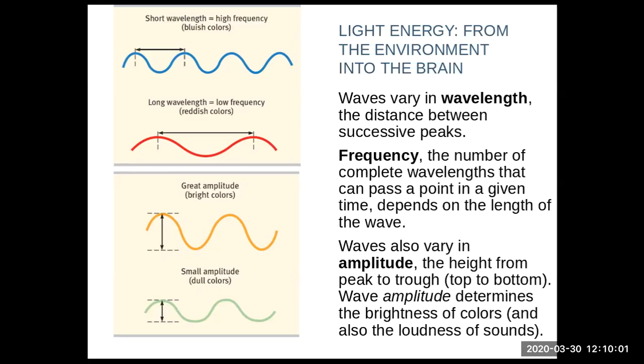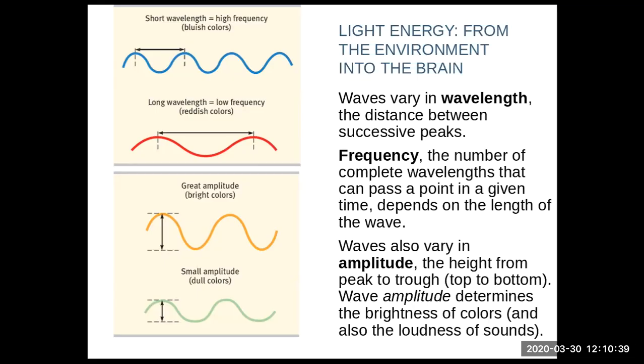So again, if we were to do this for the auditory system, what we see is that the blue would be faster waves than the red. So in this case, the blue would be a higher sound, and the red, being very low frequency, the peaks are far apart, there's a longer wavelength, that would be a lower sound. If we were looking at it in amplitude, again, it determines not just the brightness of colors, but in sounds it would be loudness. So the louder sound would be the yellow wave, and the quieter sound would be the green wave, the small amplitude.